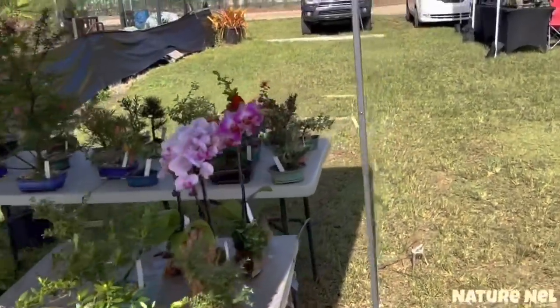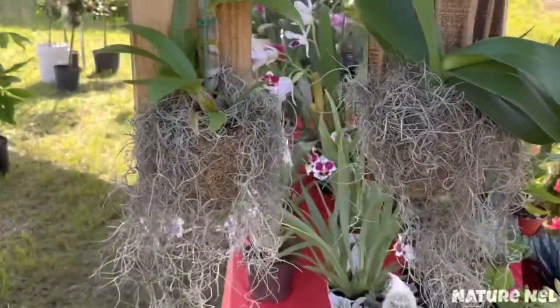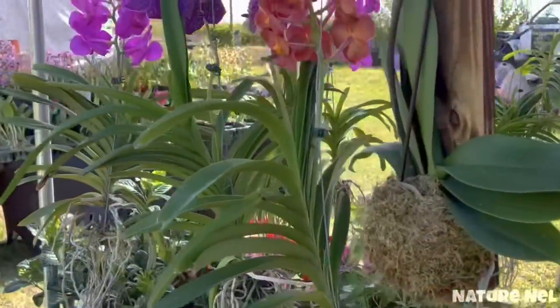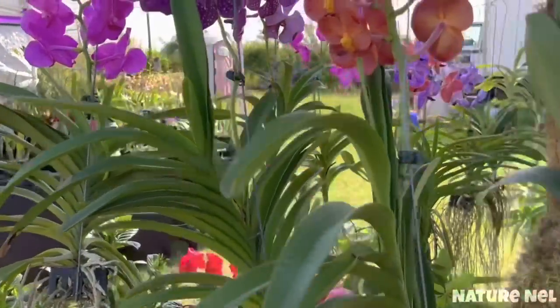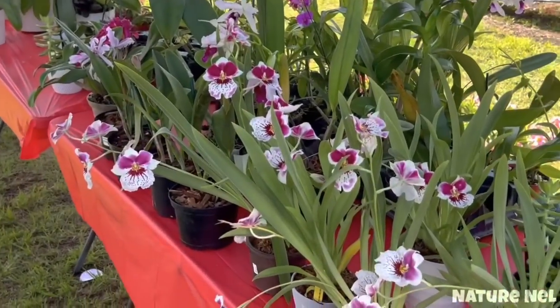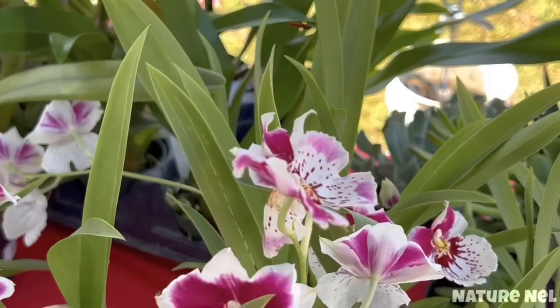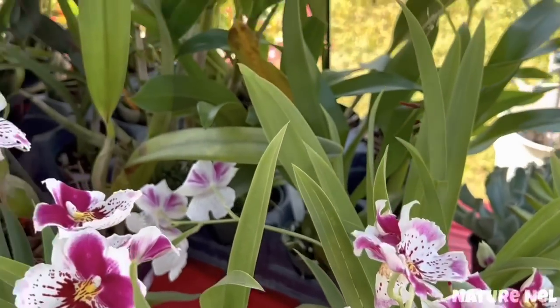Now, I've noticed that this show doesn't have too many species. There's a lot of phals, a lot of dendrobiums, and a lot of vandas, but I'm not seeing anything like species, or, well, we have Miltonia. I'm drawing a blank. These are beautiful, but I cannot grow these in my